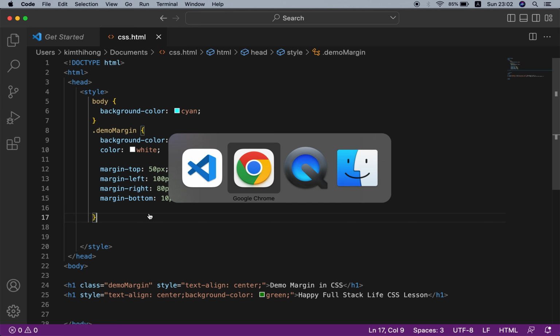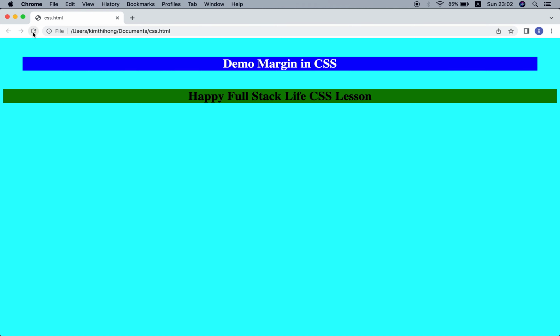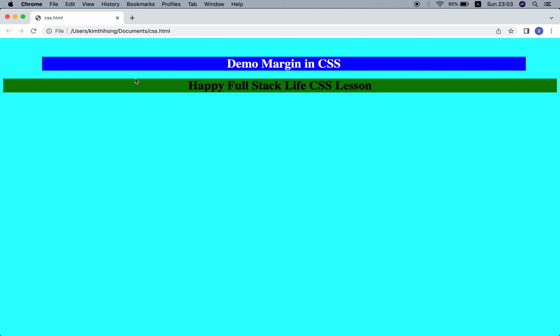Save and check. Now you see that it is different. The top margin is bigger than the bottom margin, and the left margin is wider than the right margin.